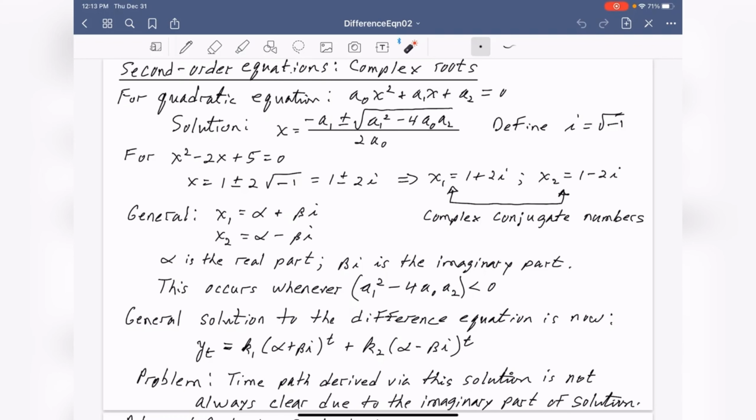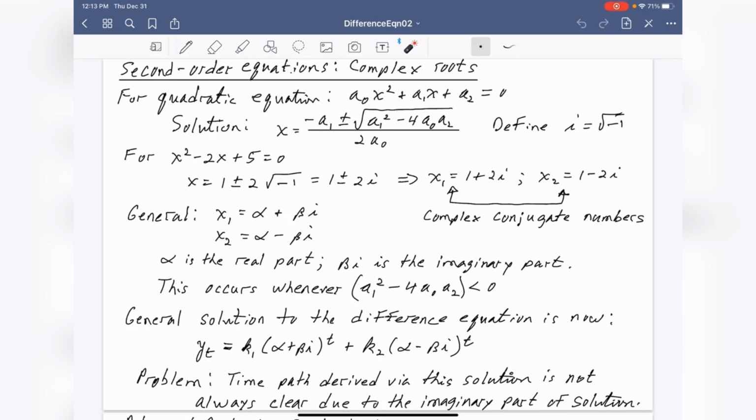So let's consider the quadratic equation a0x squared plus a1x plus a2 equals 0. And the solution to it we know is this quadratic formula. And in this case, if this component here, a1 squared minus 4a0a2, is less than 0, then we need to define this imaginary number i as the root of minus 1. So for example, if we take the equation x squared minus 2x plus 5 equals 0, we find that x is equal to 1 plus or minus 2 times the root of minus 1, which is 1 plus or minus